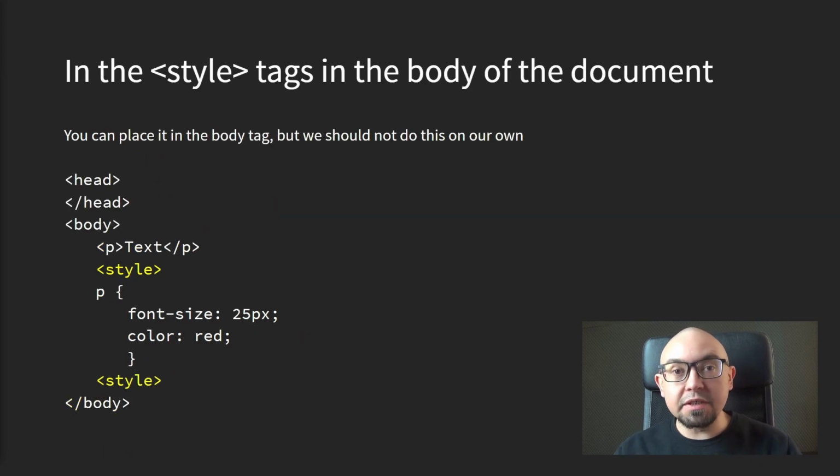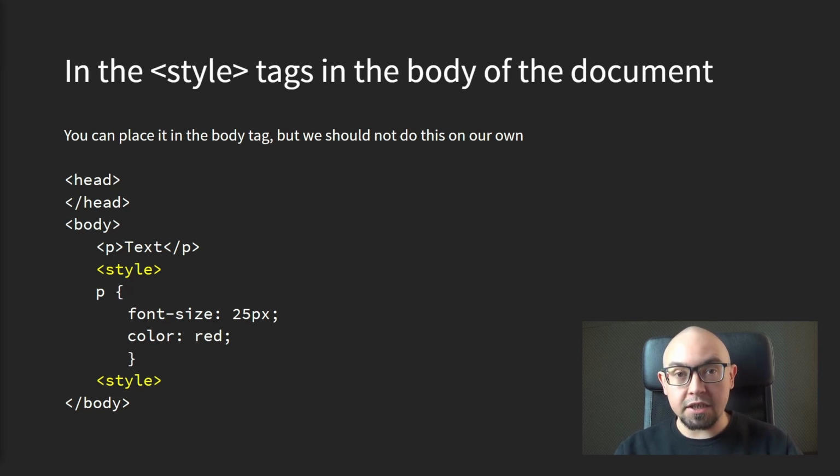Also, don't be surprised if you see the style tag in the body element. This will work in most modern browsers. Moreover, even in this case, although the style tag that defines the appearance of the p tag is in the code after the p tag is placed in the document structure, everything will work fine. The interpreter will read the CSS code first and then the HTML code. However, it makes no sense to include our CSS styles in the body tag. Let's put the style tag in the head element. We will always know where our styles are located, and we will be sure that even the older browsers will